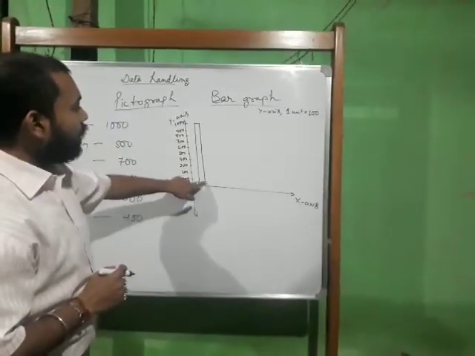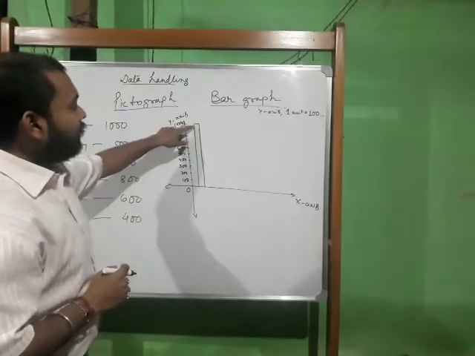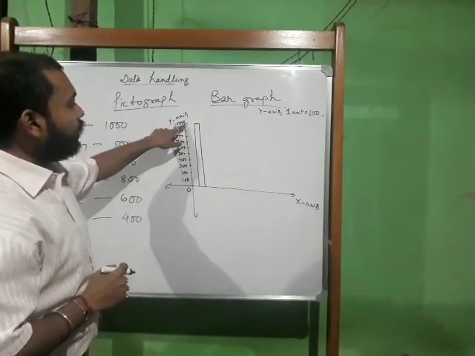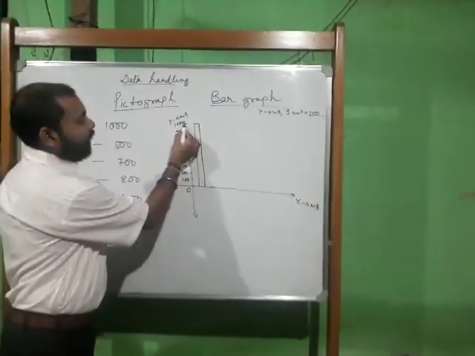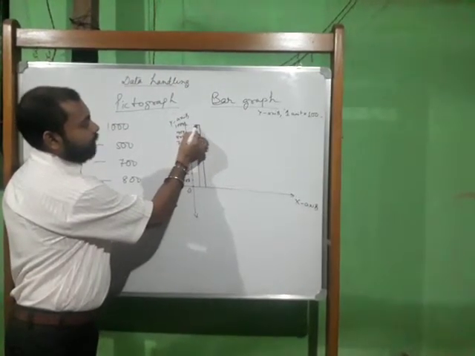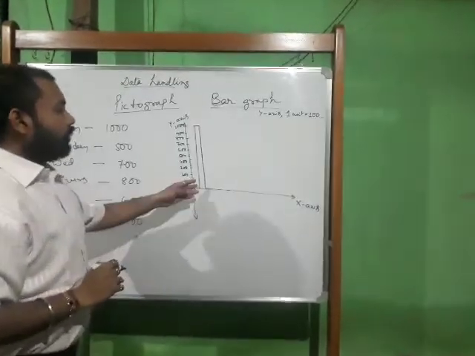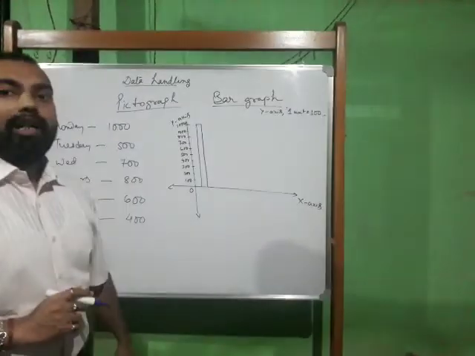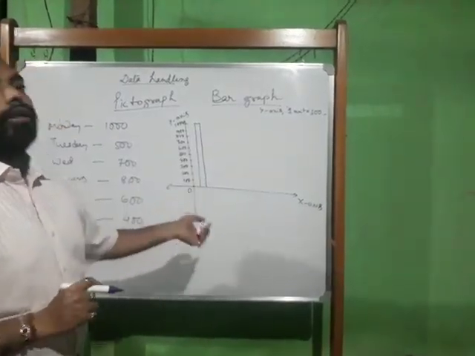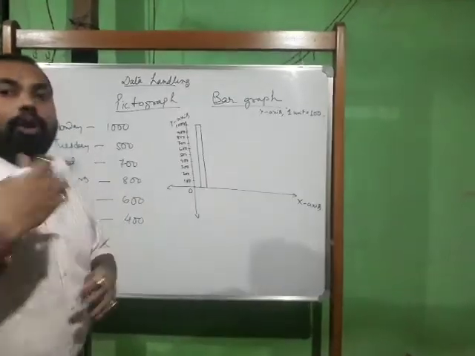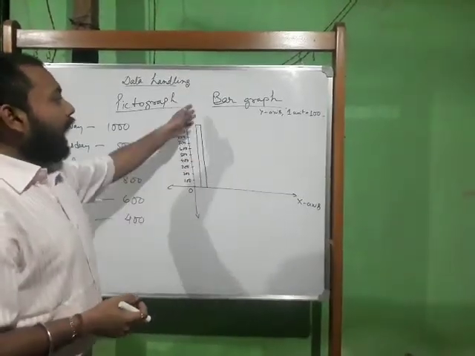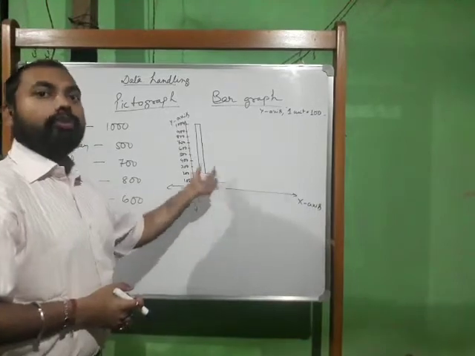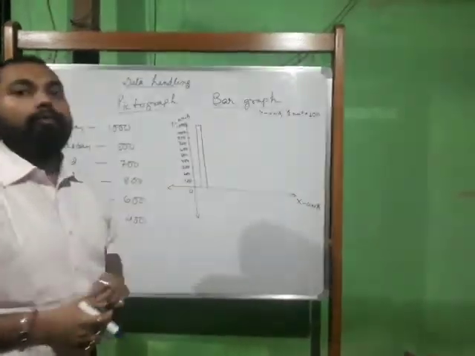So I have drawn a bar, and its height should be equal to this, where I have marked the division. That much I have taken as the height. Since this only depends upon the height, that is why it is known as one dimension. Sometimes you will get a histogram, which I will talk about later; that depends on height and width also, that is 2 dimension. So this is mainly 1 dimension.